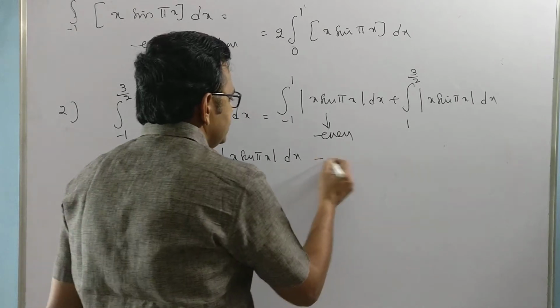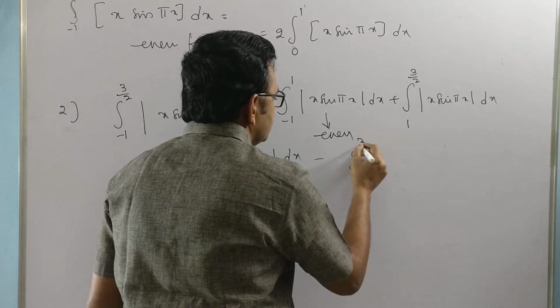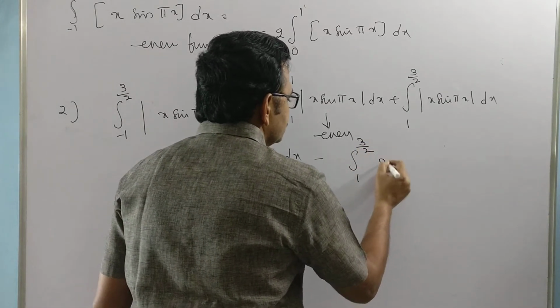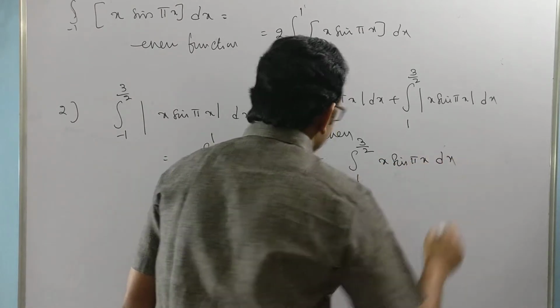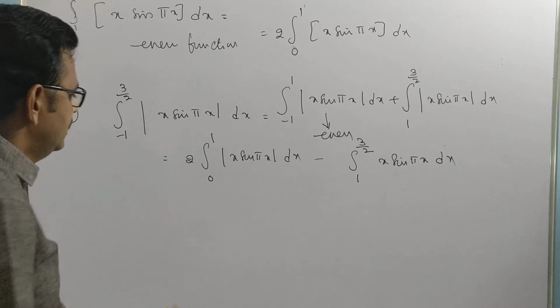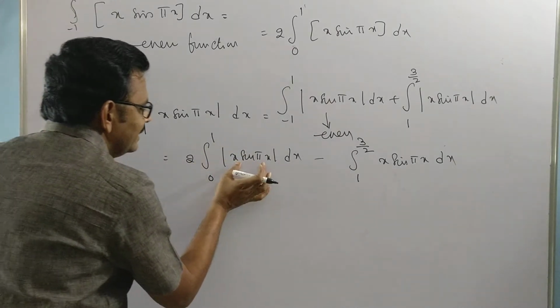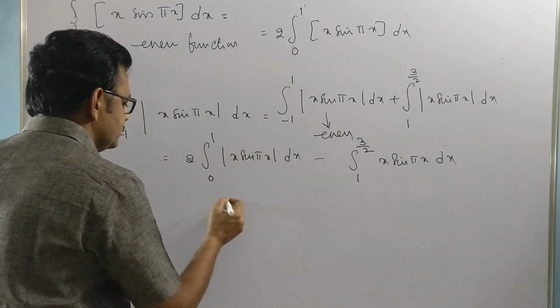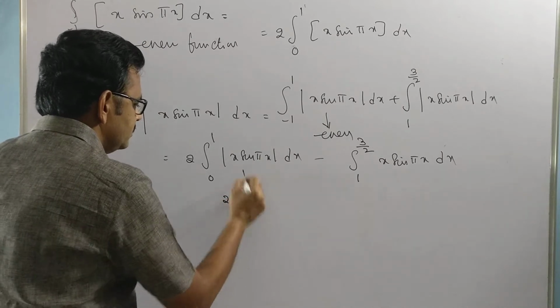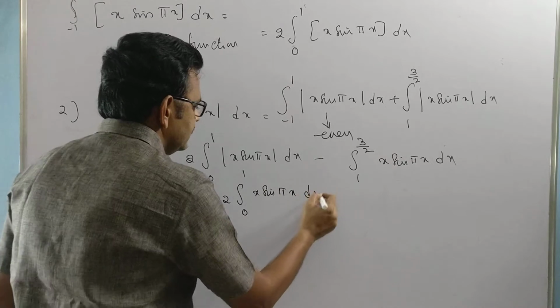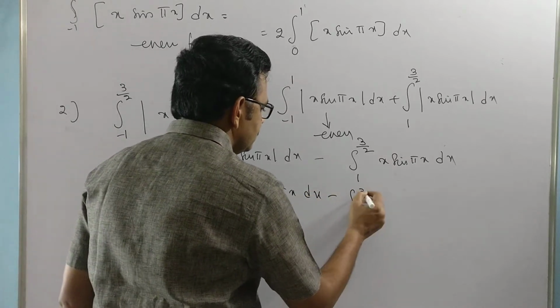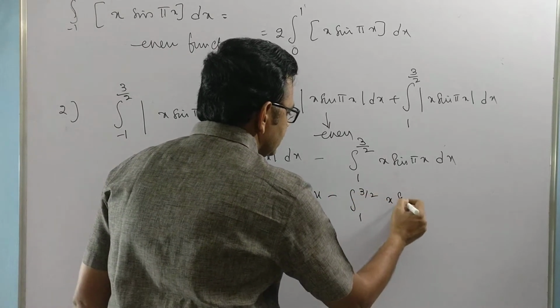So minus the integral from 1 to 3 by 2 of x sin pi x dx. And also in the interval 0 to 1, x sin pi x is positive. So 2 times the integral from 0 to 1 of x sin pi x dx